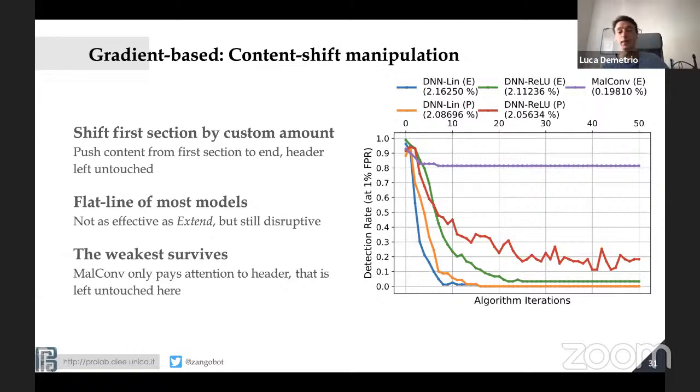So basically, this network has a vulnerability: if you edit just the header, the DOS header, you're already evading the classifier. You don't need to do anything more fancy than that. So that's why this one has like an 80% detection rate. It's not because it's robust. It's just because the network understood that there is nothing useful, but it's not because there is the code. Anyway.